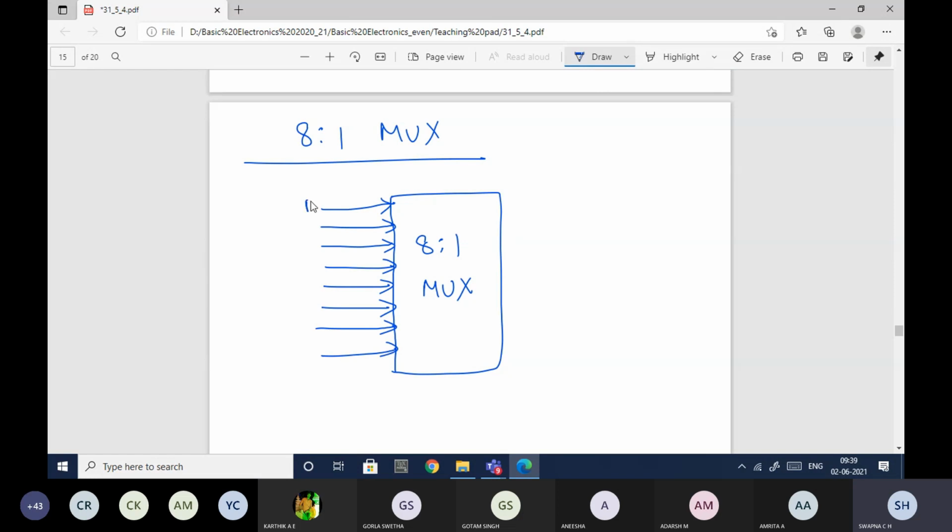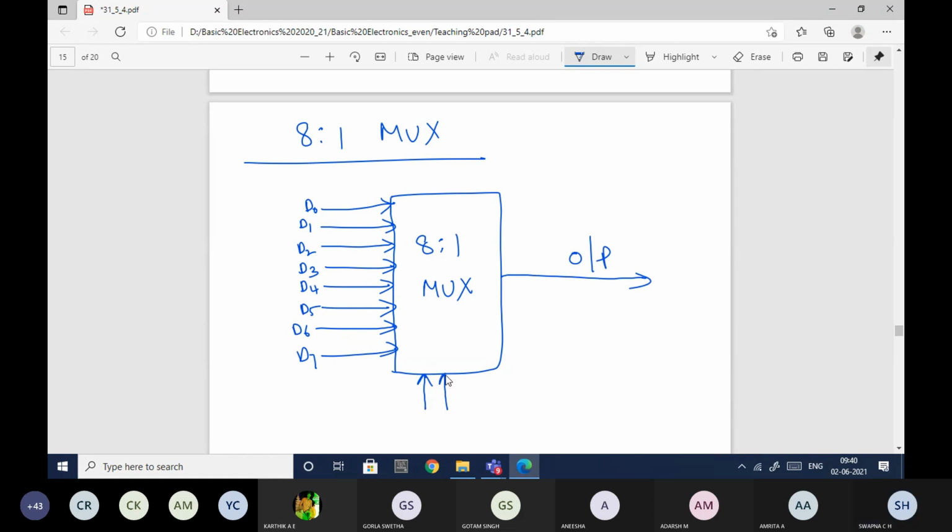We name them D0, D1, D2, D3, D4, D5, D6, D7. How many outputs will there be for the multiplexer? Always 1. Whenever we speak about a multiplexer, you'll always have 1 output. How many selection lines are required?